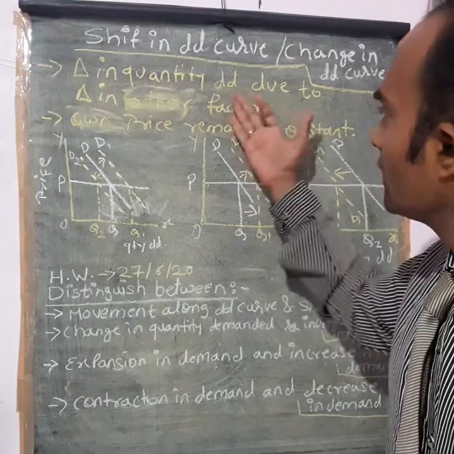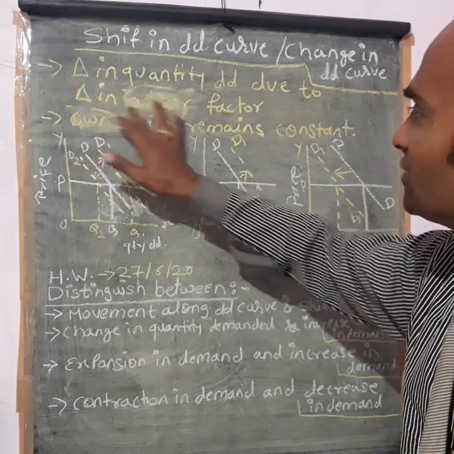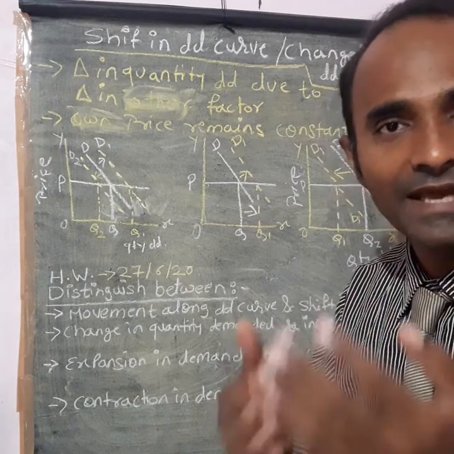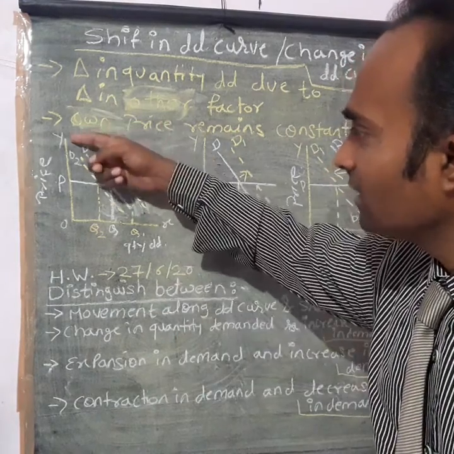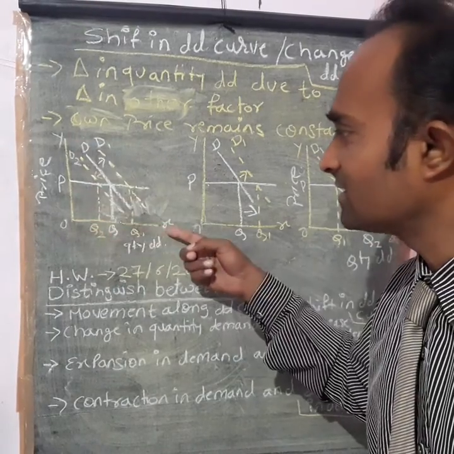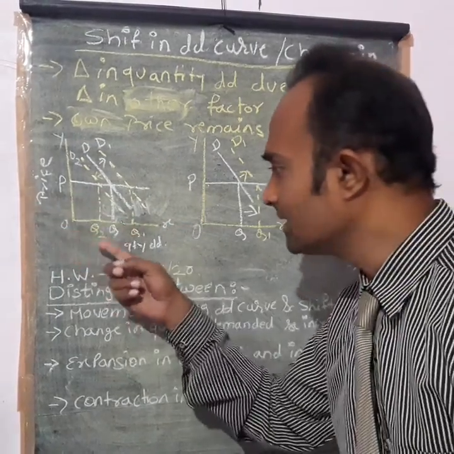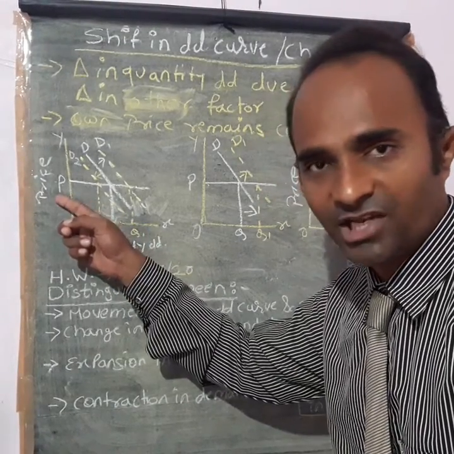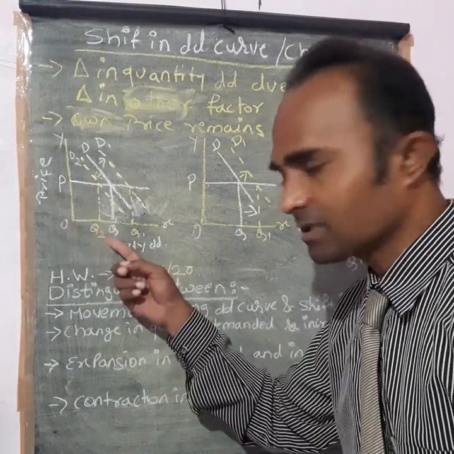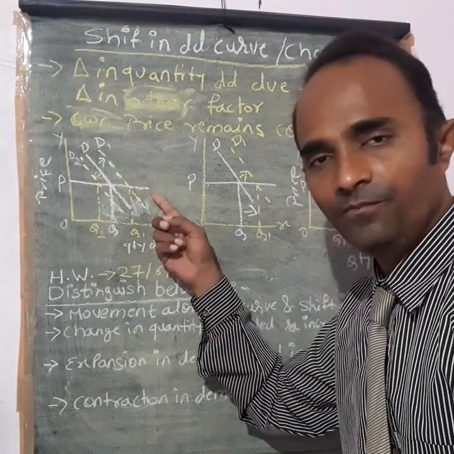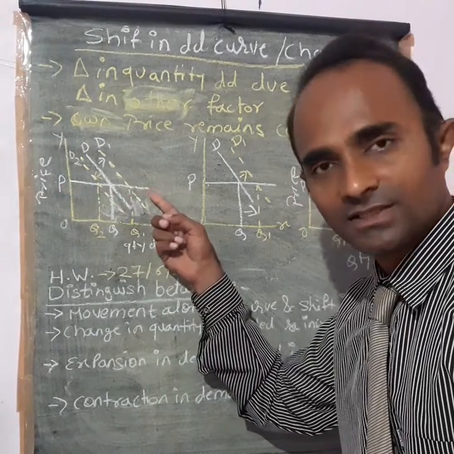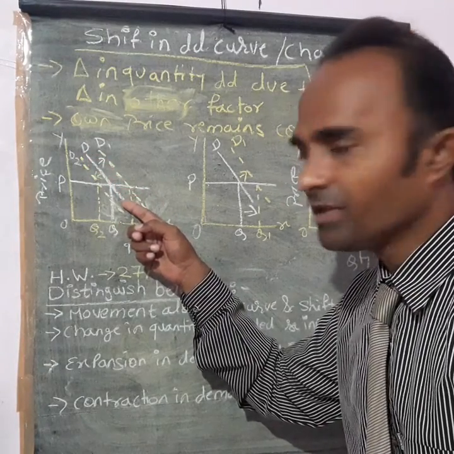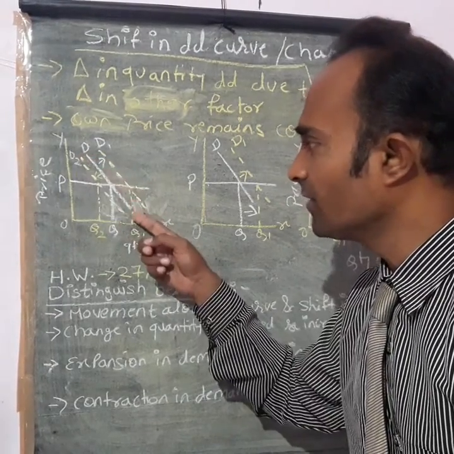You can see the change in quantity demanded due to change in other factors, like income. You can see the diagram, with the y-axis and x-axis, where the prices are given on the y-axis and the quantity demanded is on the x-axis. As I said, the price of this commodity does not change, it remains constant, so the price line is parallel to the x-axis. This is the original demand for the commodity, represented by the demand curve D.